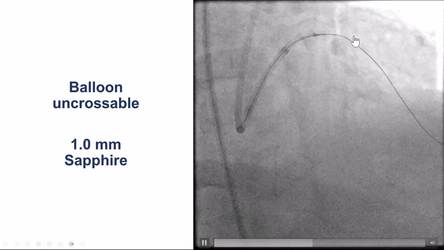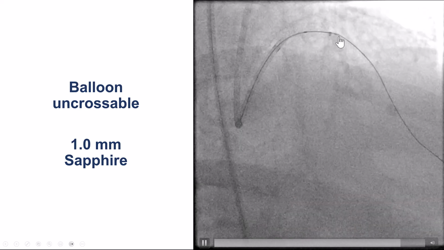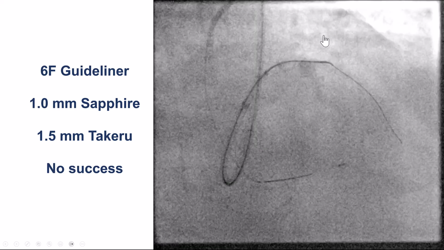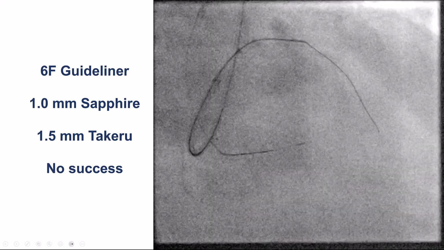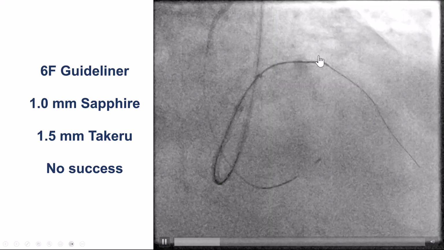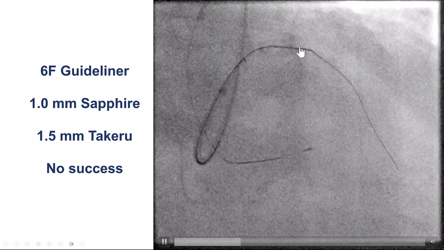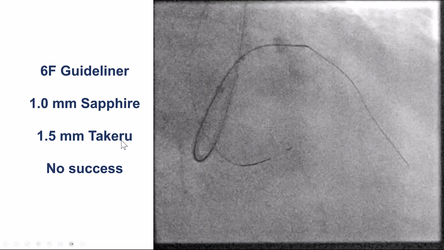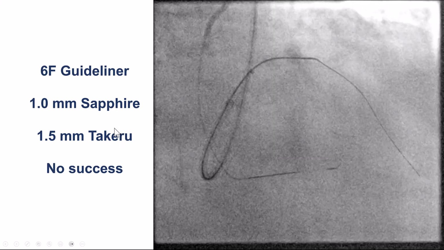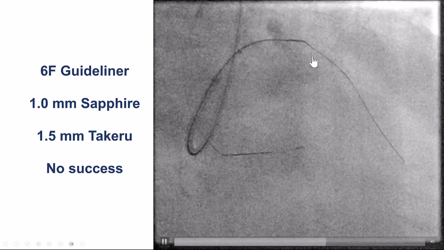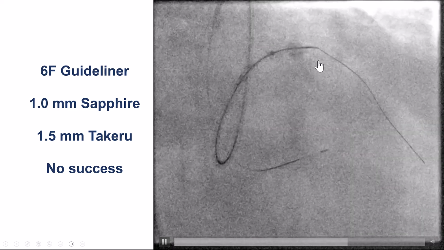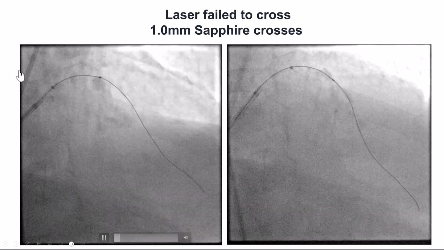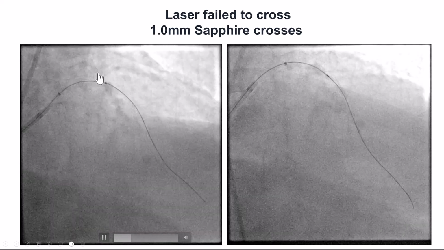In this case, we were able to advance a Sapphire 1.0 millimeter balloon, but that would not go distal into the LAD. It was getting stuck in this angulated segment. The same with a 1.5 millimeter Takeru. Both of those are low profile and excellent balloons for crossing these lesions, but unfortunately didn't work here, likely because of calcification. The next thing we did is we used the laser,